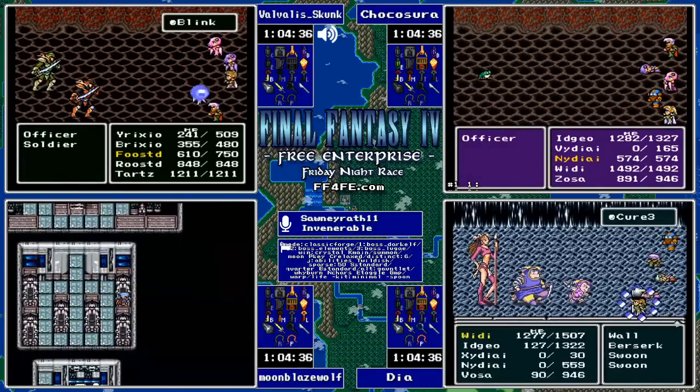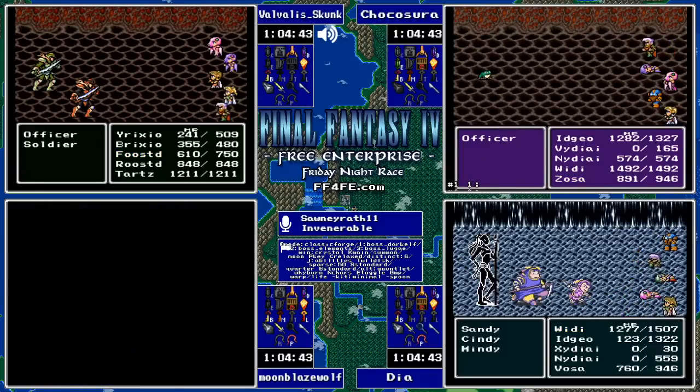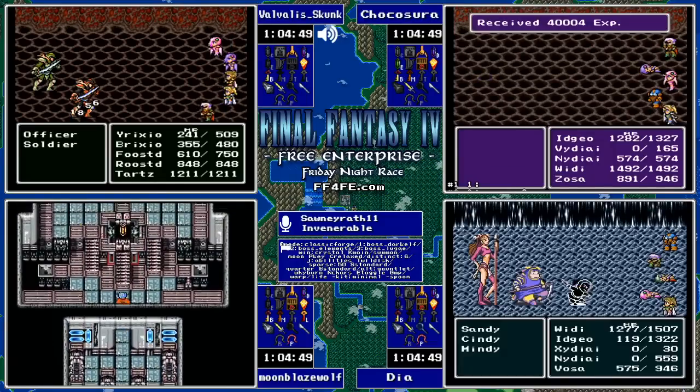There is that virus landing on Edge, leaving him with just 100 some odd HP, and the sap is on. Cure 3, sorry, you got a wall on him. Gonna have to throw potions if we want to get his HP back up. Whew, this is